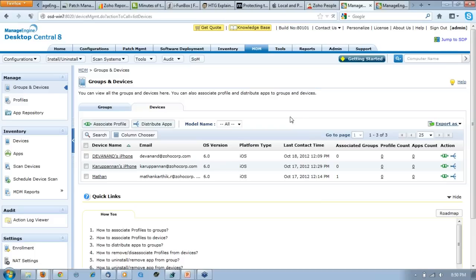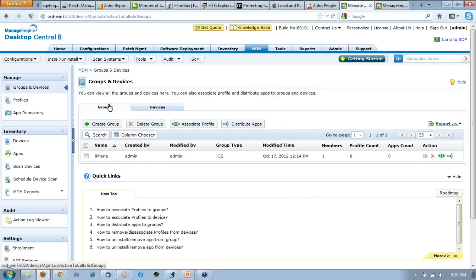So how do we do that? You can see here all the devices are shown up here. And there is one more provision called groups. So what is the need for groups? You will have different categories of mobile users who are given mobiles, or they bring their own devices inside your corporate network. So you need to segregate them and define restrictions or configurations or applications according to the